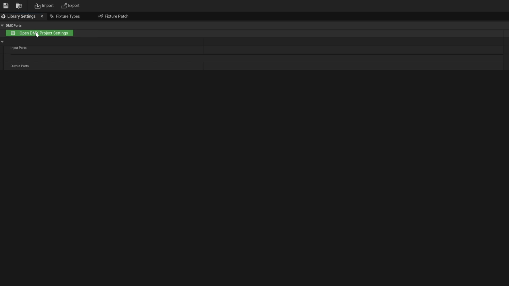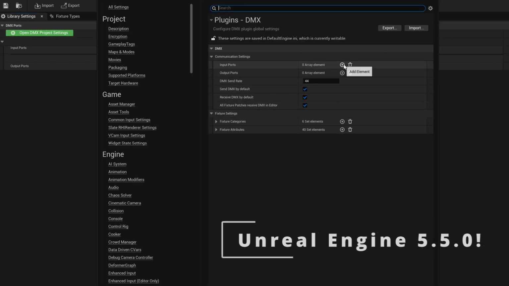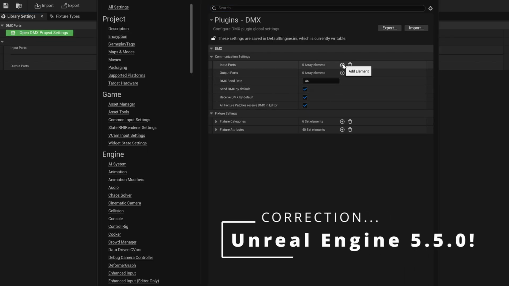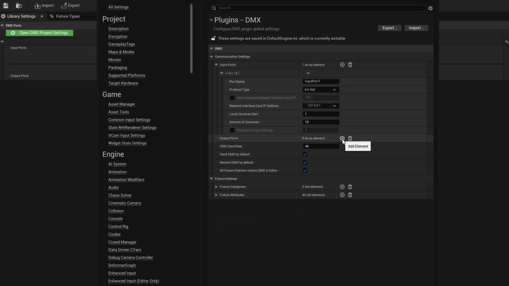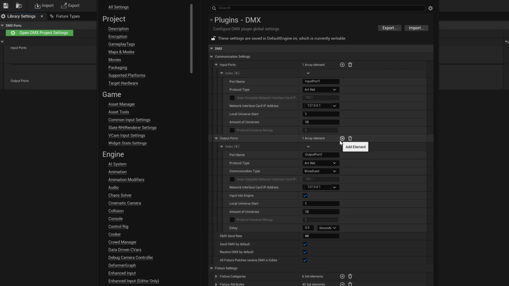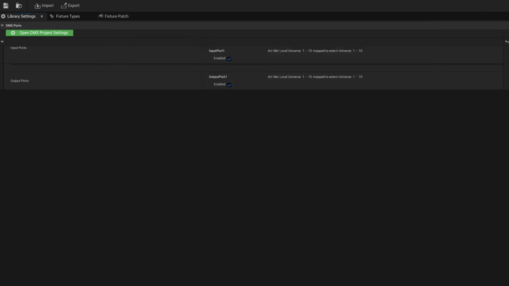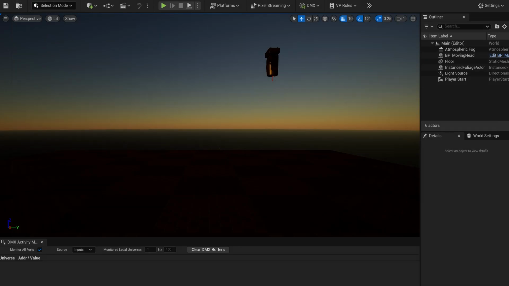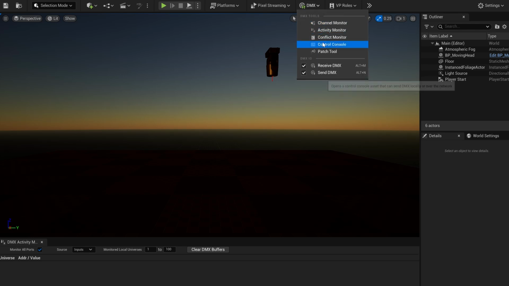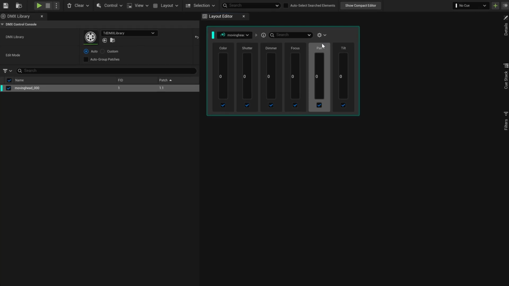But then there's also these inputs. Now I'm using Unreal Engine 5.0, and in 5.4, these settings were automatically set, and you have to add an input and an output. If you don't, the communication from DMX doesn't go anywhere, and it just kind of dies when you open the controller, nothing happens. So now that we've set that, we can open up the controller,